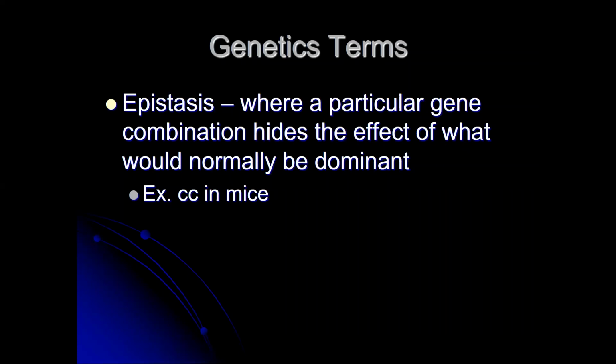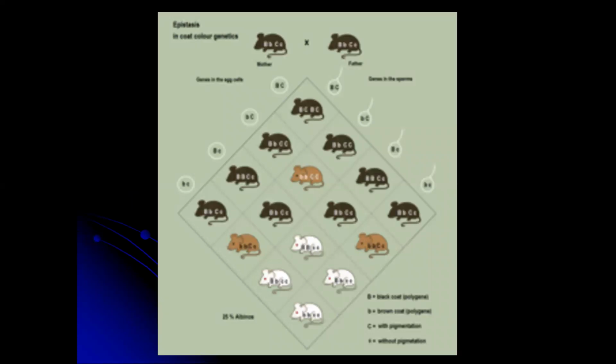Okay, epistasis. This is where a particular gene combination hides the effect of what would normally be dominant. We're going to use mice as an example. So we're looking here at mice with either brown or black being the dominant coat color. Depending on where you're reading and what book you're looking at, this can sometimes be called brown and tan or black and gray. There are some different distinguishing names. Field gray, I think, is one for the field mouse. But anyway, we're going to go with black and brown because that's what our illustration has,